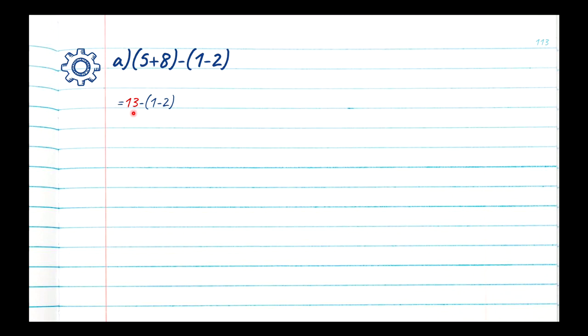So now we look at our new line, 13 minus, and then we have a new bracket. So we start over. Are there any brackets within our bracket? There are no children, so we can go ahead and just solve the contents of our bracket. 1 minus 2 is equal to negative 1. And so now we drop the rest of the equation and we have 13 minus an opening bracket and a